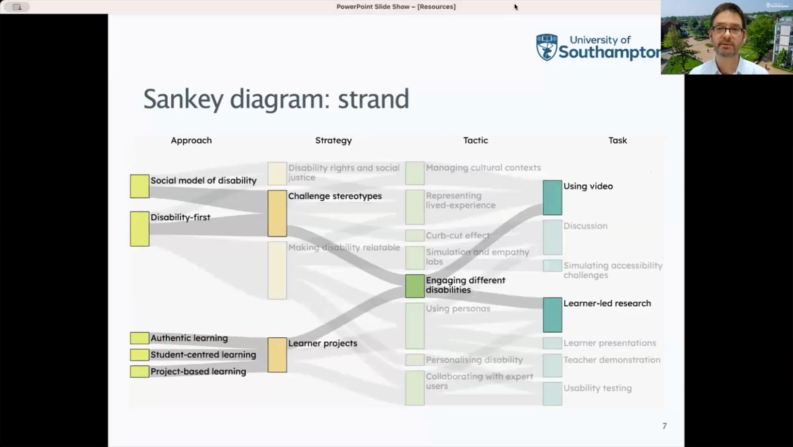So as an example here, we've got highlighted a tactic, engaging different disabilities, which links to tasks using video and learner-led research. It also links to a strategy, challenging stereotypes, which links to various approaches to engaging disability. But engaging different disabilities also links to strategies on projects, with links to a whole bunch of other approaches, authentic and student-centered learning, etc. So hopefully you can see how this will very soon expand and multiply into quite complex